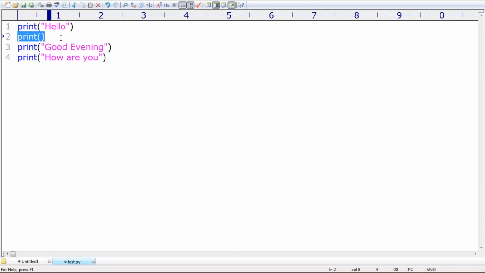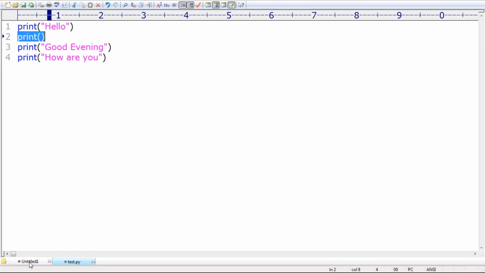This type of facility is available in our Java language, even in our C language. Everywhere this type of functionality is available by default. Print without any arguments means I want a new line, a line separator. For that purpose we can use this print function.